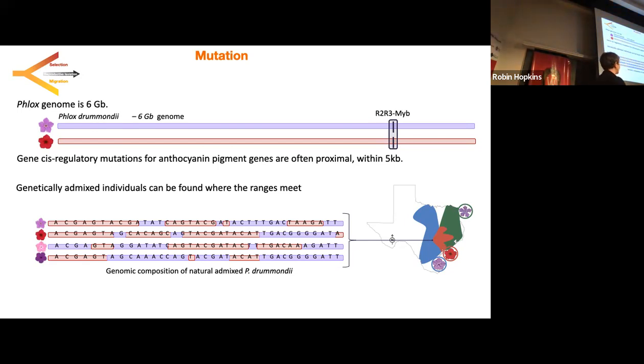So instead, what we were thinking about is going to these regions of natural admixture. In nature, right on this edge of where the light blue and the dark red are, there's plenty of populations with all the colors. And they segregate, and they have been segregating for many, many years, and there are many, many individuals. And so we can get genomes that are very mixed up, and then look in them and compare lights to darks and see if we can narrow in on an association between particular variants and the intensity locus. So use natural admixture to do association mapping.